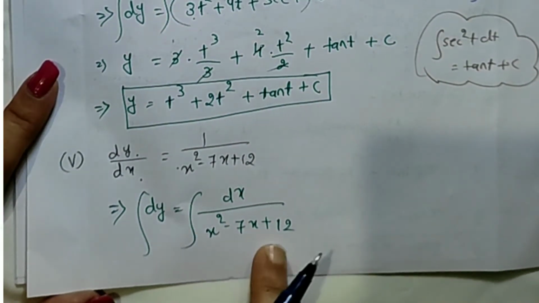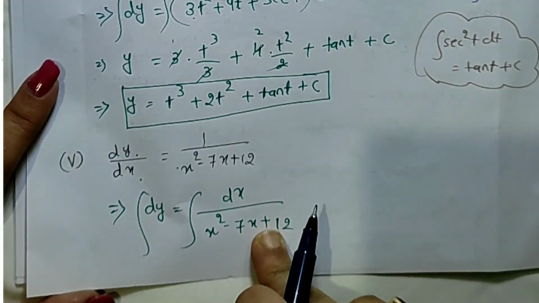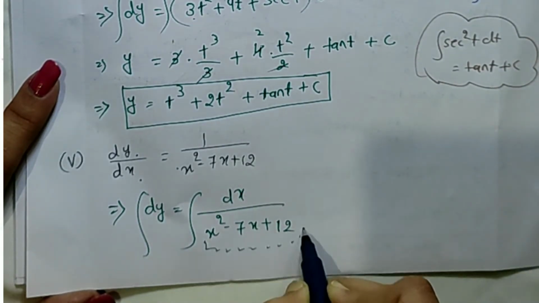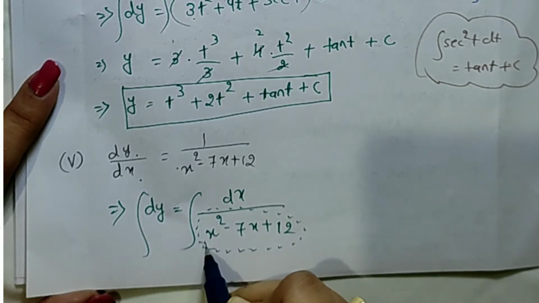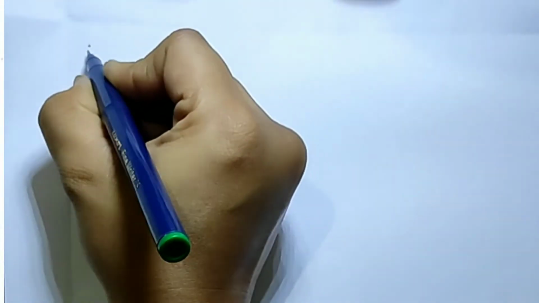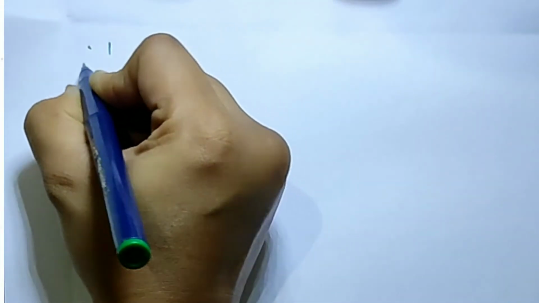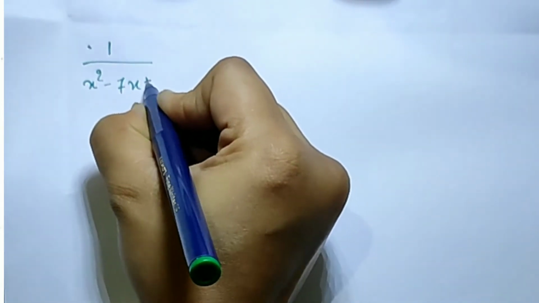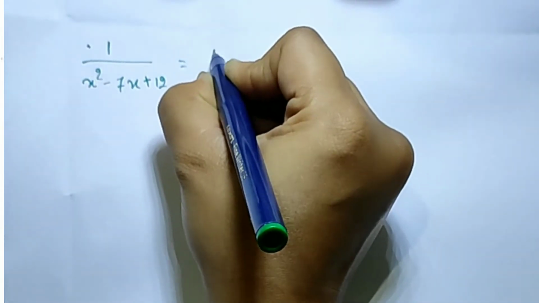We can solve this equation by partial fraction. This term can be solved by partial fraction. We already know this form from the integration chapter. So now we are given 1 by x square minus 7x plus 12, which is equal to, I can write